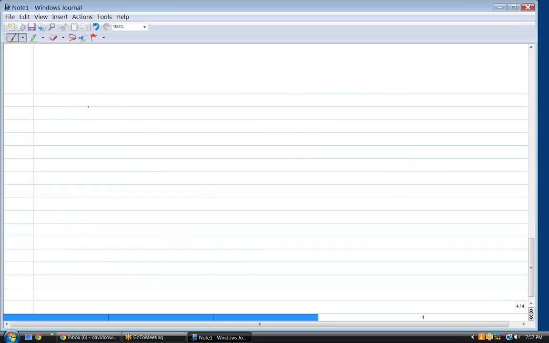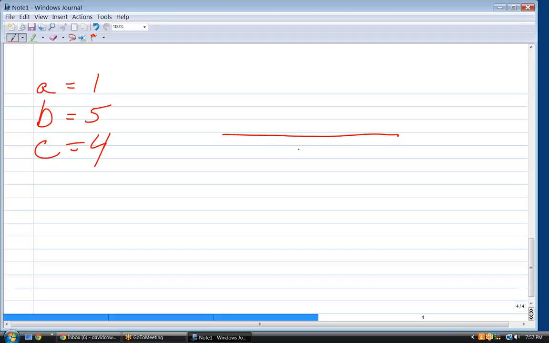What else? Next is side A equals 1, side B equals 5, and side C equals 4. Ha! Notice this is an impossible triangle. You see why? Any side of a triangle has to be less than the sum of the other two sides. Think about it. If I make side B 5,